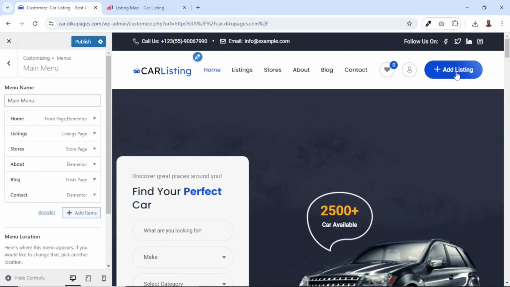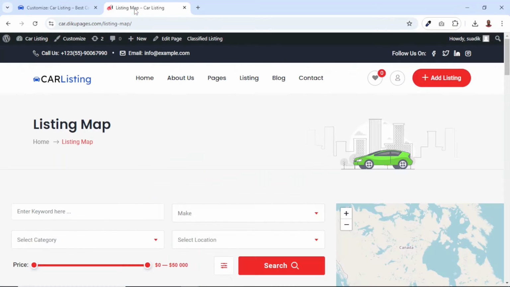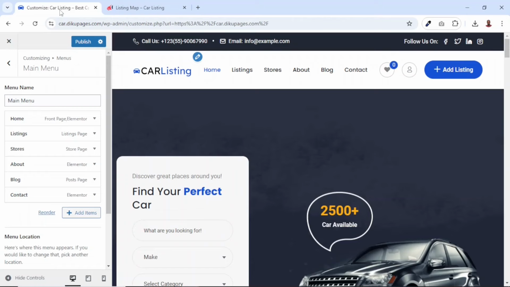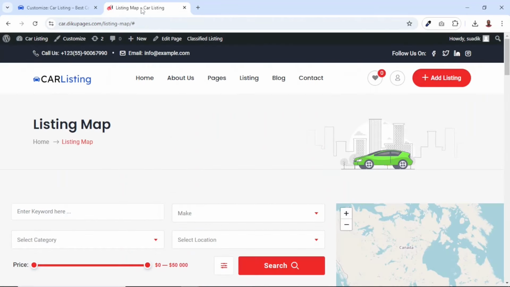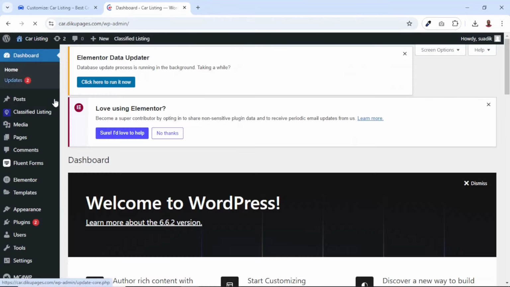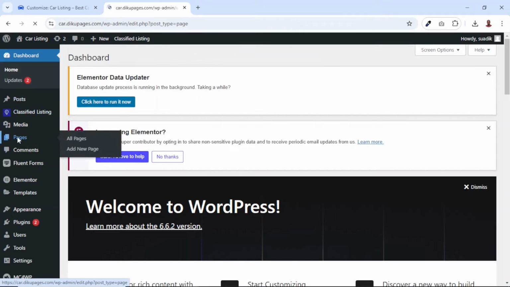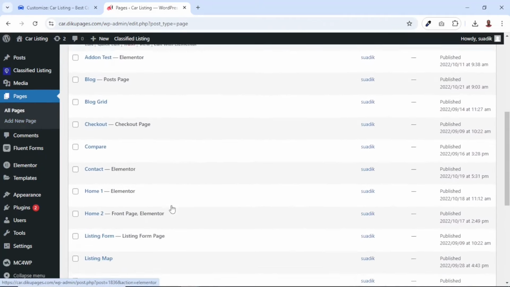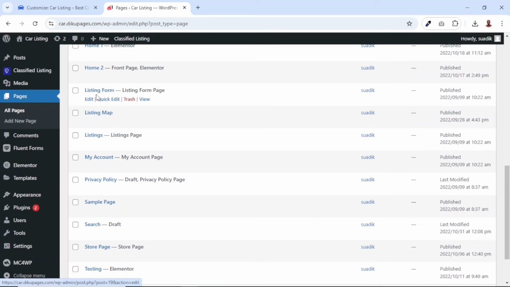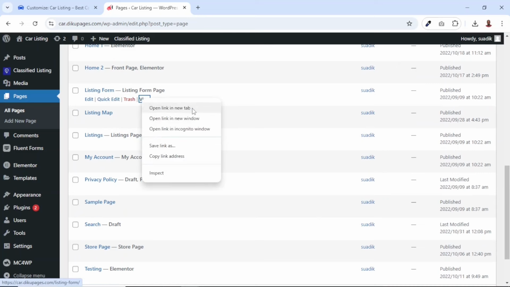Next, I'm going to go ahead and add my listing link or the listing form to the add listing button. If I go to the front end now and try to click on it, you see that nothing happens. Going back, what I can do is I can just go to the back end of my website, then I go over to pages. Going down, I have listing form. If I right click on it, open link in a new tab,